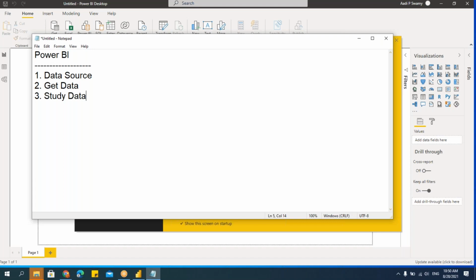Report creation is just 30 minutes to 1 hour, to say 4 hours, that's all. But understanding the data is very important. What all you should understand, I'll tell you in detail once you come to that topic, because we are just discussing the steps. Just follow the steps, and I'll tell you, anyone can become an expert in Power BI. Okay? Right. The fourth step: once I get this data and study the data, then if there is something to be cleaned, I have to clean the data. For that, we use the Power Query Editor.